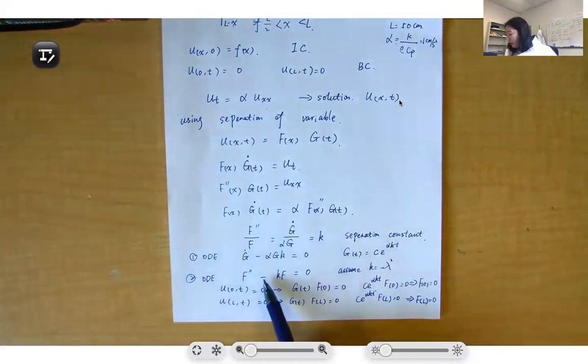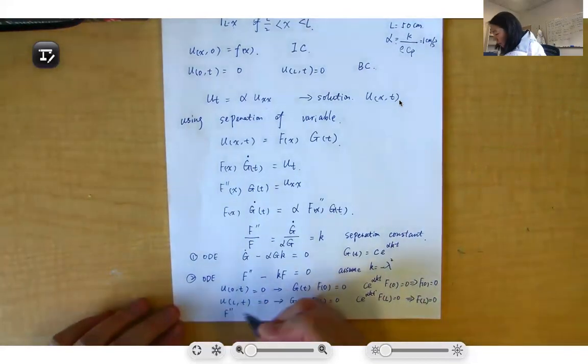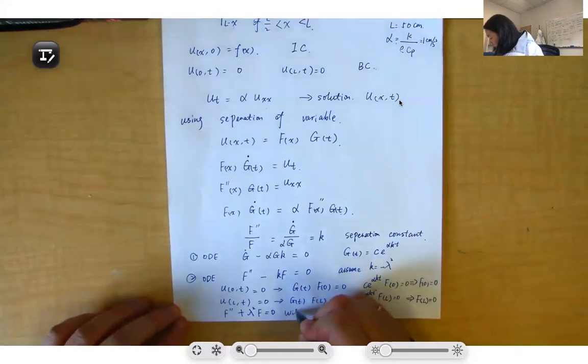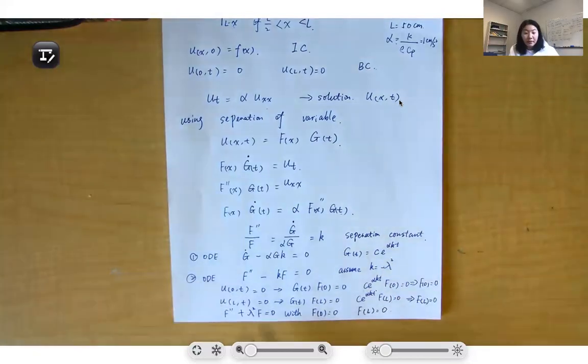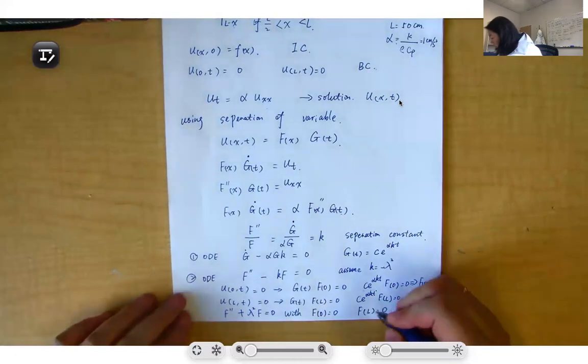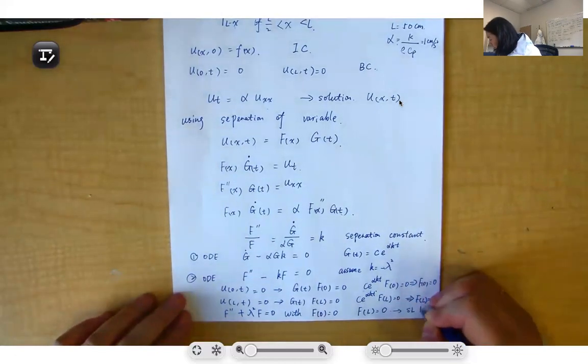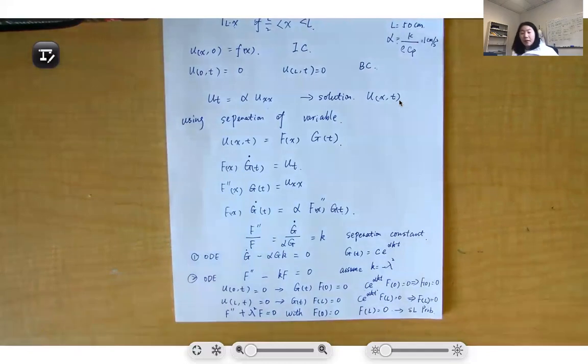So basically it will be f double prime plus lambda squared f equals 0 with f(0) equals 0, f(L) equals 0. And if you test all the coefficients inside this second order ODE with homogeneous boundary conditions, it becomes a Sturm-Liouville problem. Okay, it becomes a Sturm-Liouville problem, and you can assume that we can solve it,